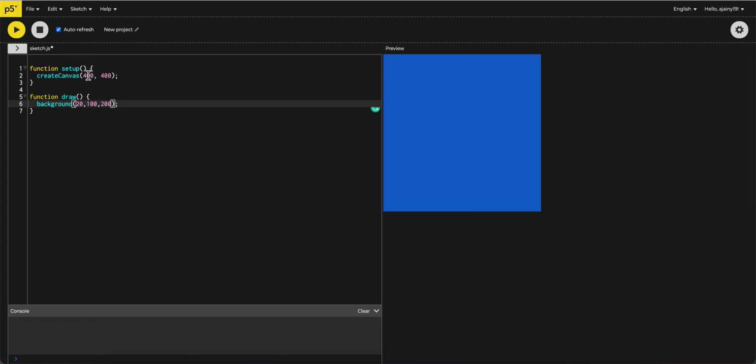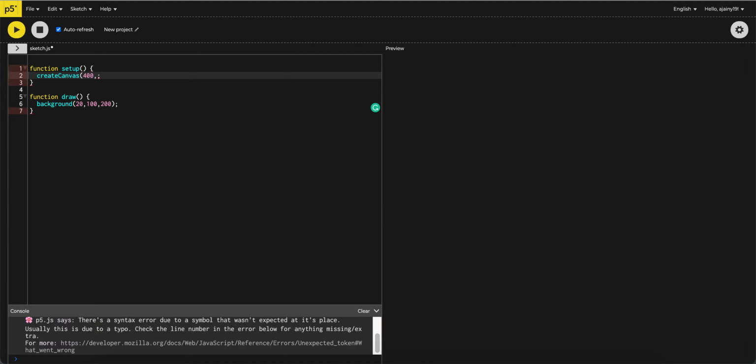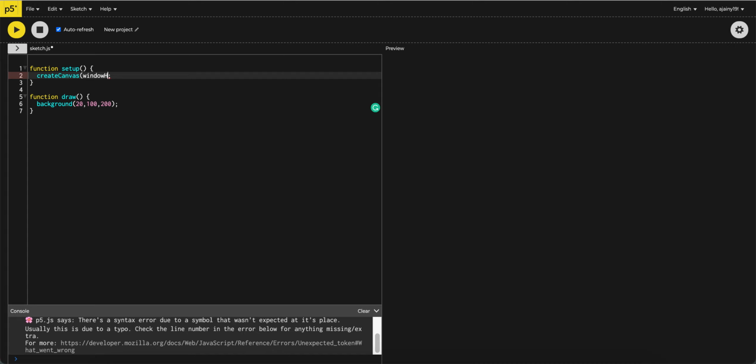When we write createCanvas 400 by 400, it just creates it this much. windowWidth and windowHeight are inbuilt variables in P5 that allow us to create the canvas on the whole screen. So let's do windowHeight,